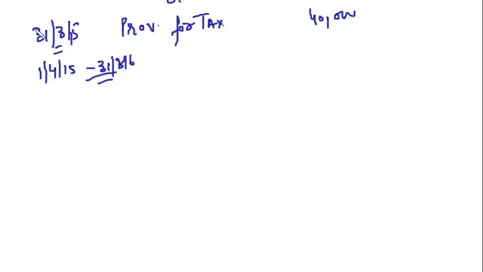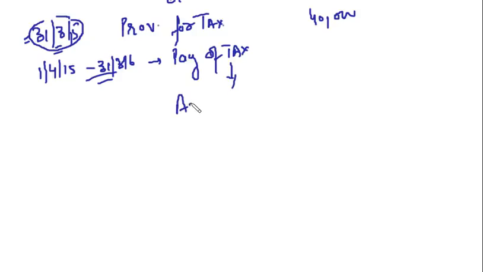Now you are closing your books on 31st of March 2015 and you will pay tax after this date. After this date starts our next accounting period. So the payment of tax, that is the actual cash outflow, will happen